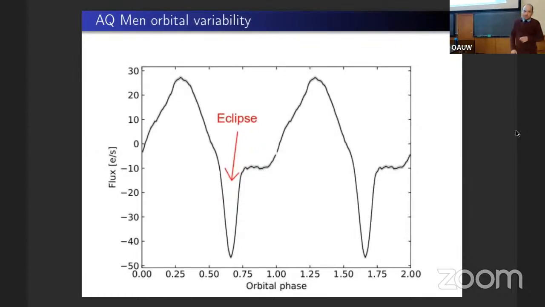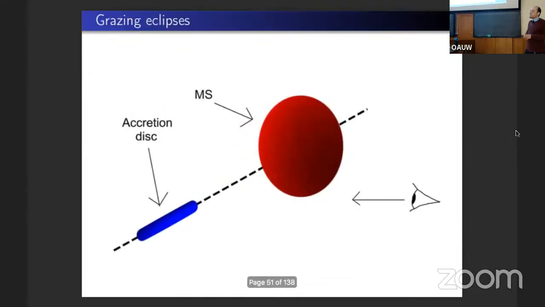And this particular system is very interesting to me. It piqued my interest when I first went to test data because the eclipse is very shallow. Usually, you expect the eclipses to be very deep, but here it's exceptionally tiny. And this is because the system looks like that. It's inclined to us. So the eclipse is not of the white dwarf. It's only of the part of the accretion disk.